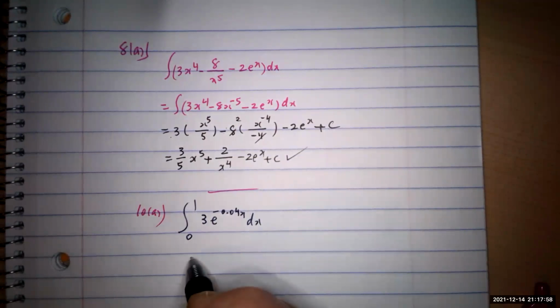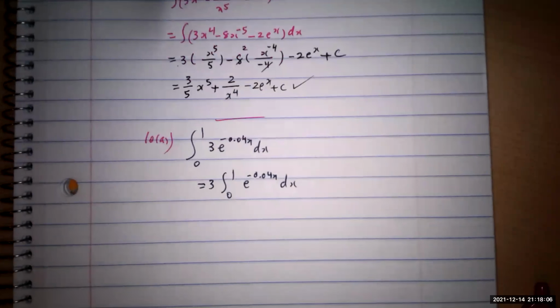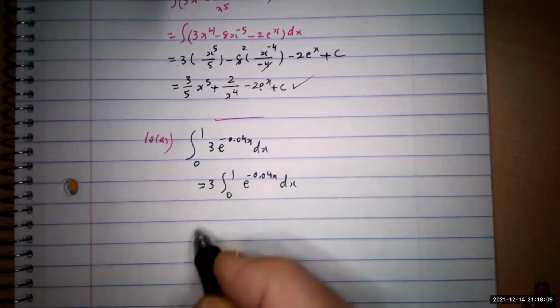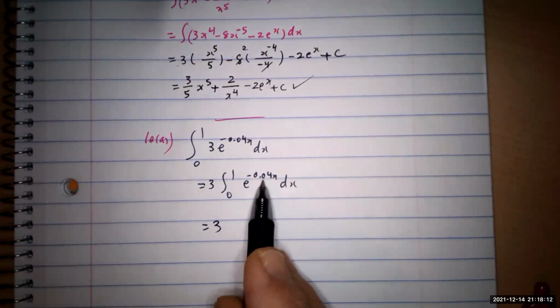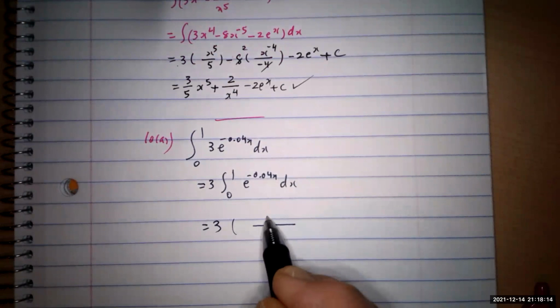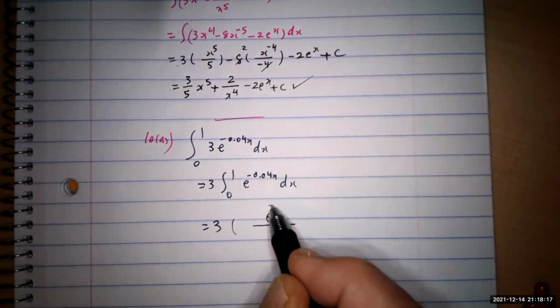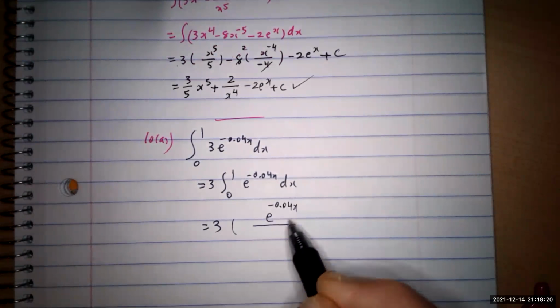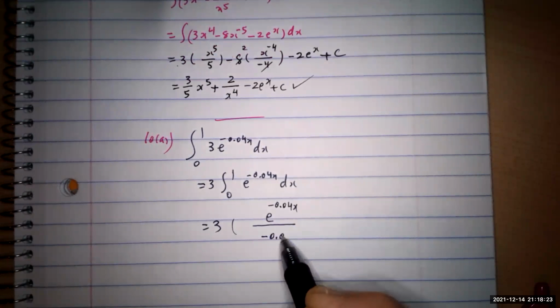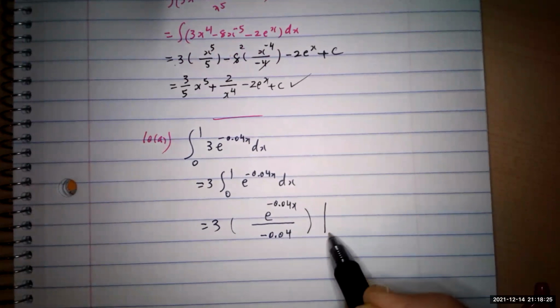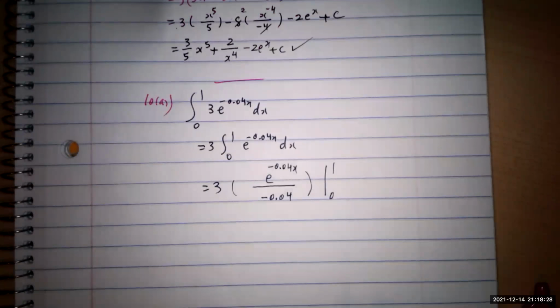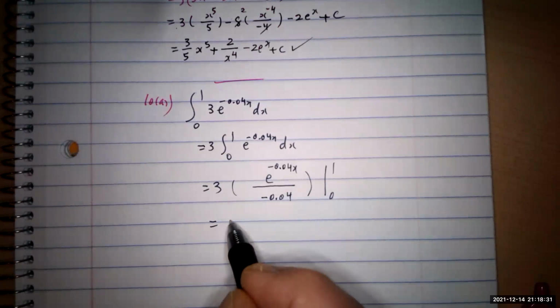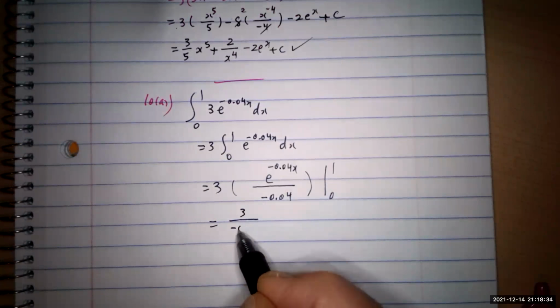You see, 3 is a number. You pull out the 3, integral from 0 to 1 of e to the negative 0.04x dx. Like on the quiz, they're telling you. So 3 is just a number, and the exponential function stays an exponential function. You divide by u prime, 0.04, evaluated from 0 to 1. So you pull these numbers out, it's going to be 3 over negative 0.04 times e to the negative